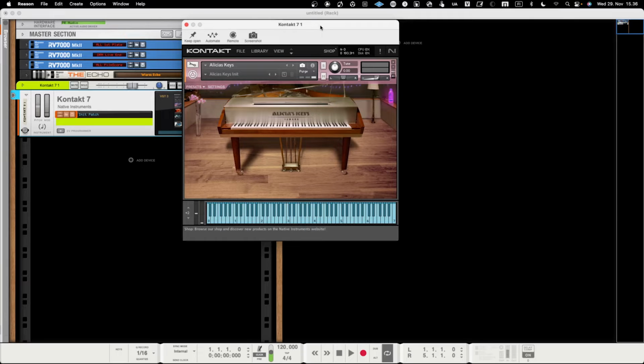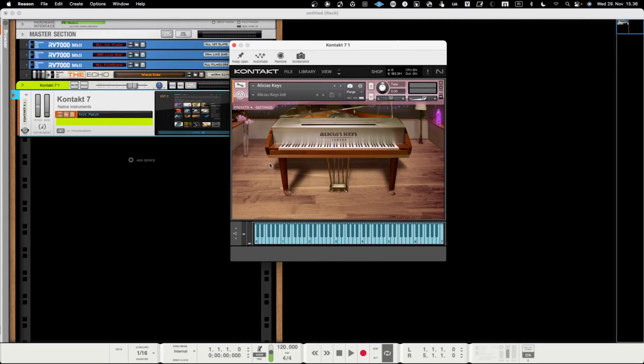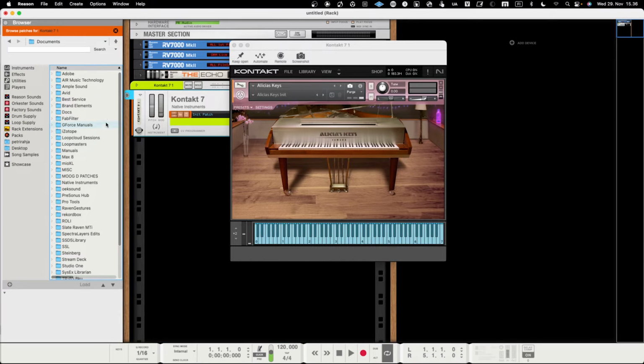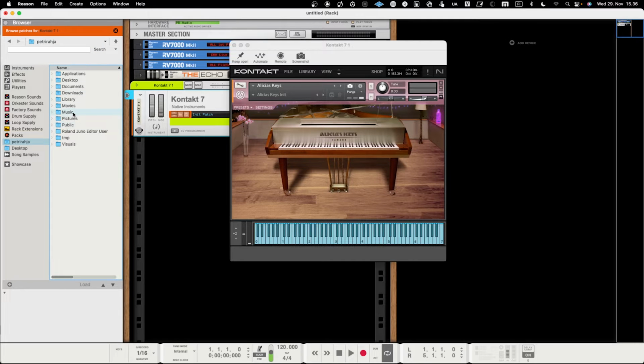Now you have loaded it, but the presets are worked on here. You can of course browse them, but then it will go into a browser, and from there you can look at different presets. You can also define where your presets are. I have located mine in Music, Reason 12, presets, and this is the place where I intend to store my